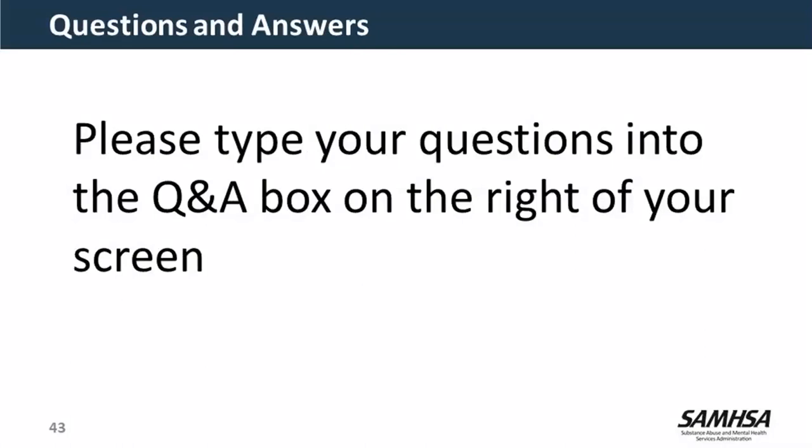One of the questions is, how do I know if my state utilizes OAT? Kristen, do you want to take that question? Sure, that's a great question. So the best thing to do would be to reach out to your SOAR state team lead or SAMHSA SOAR TA Center liaison and ask, how are we tracking outcomes in our state? Most states use OAT, but it is good to double check.